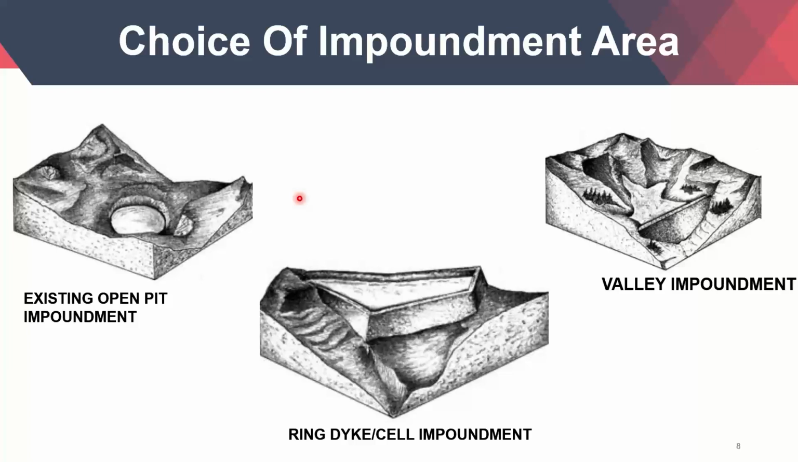Then there is a ring dike or a cell impoundment. These tend to be the most expensive impoundments, because you have to build the dikes all around. That is why the amount of material goes up, and also one can say these are the more susceptible